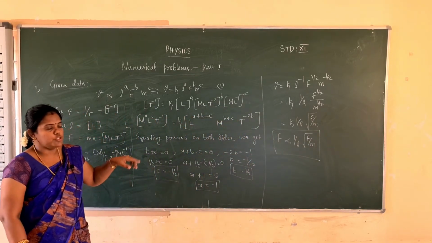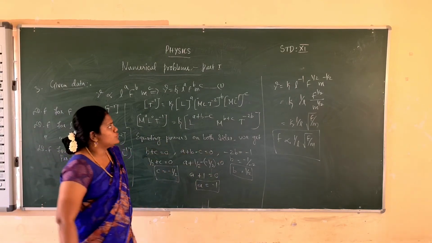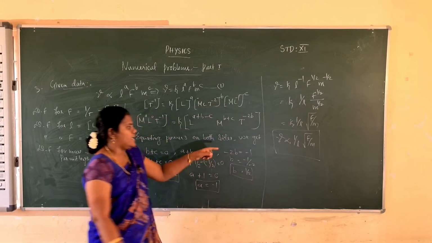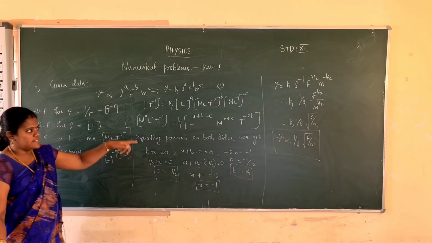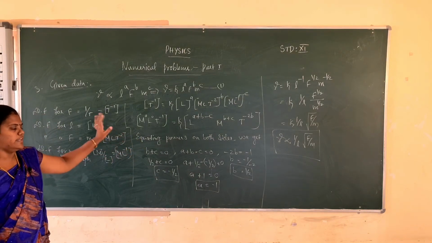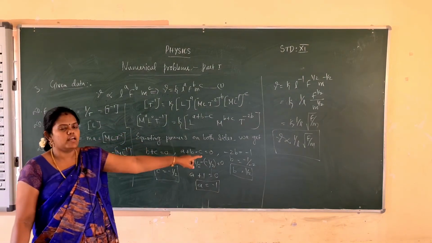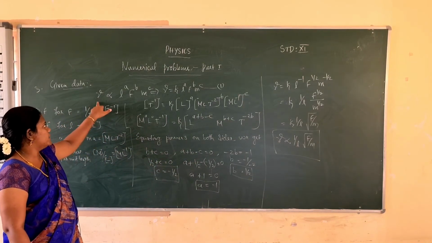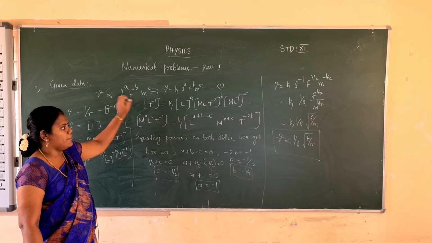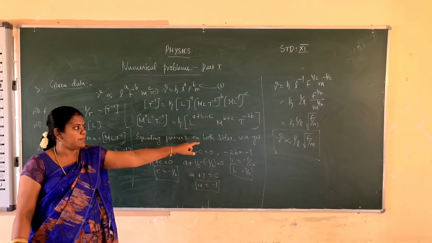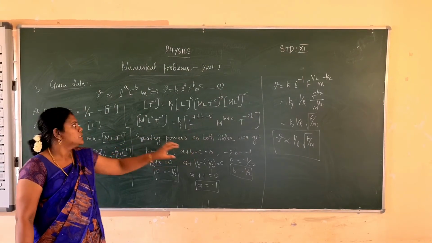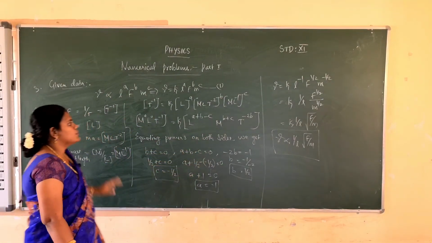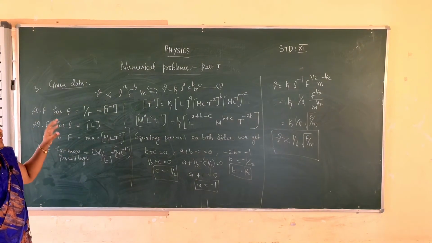In your problem, to show that the frequency is proportional to 1 by L square root of F by M, that is denoted by this derivation. The problem asks you to arrive at the formula. Frequency depends upon L, F, M, and to show that it is proportional to 1 by L root of F by M, you have to derive this equation. So using dimensional analysis we can easily find it.